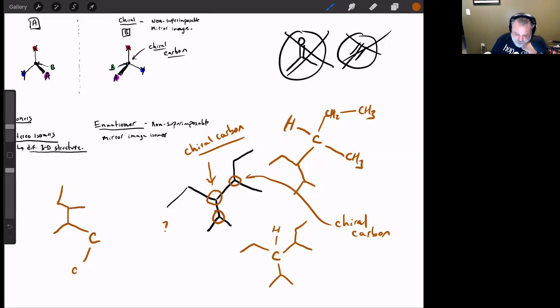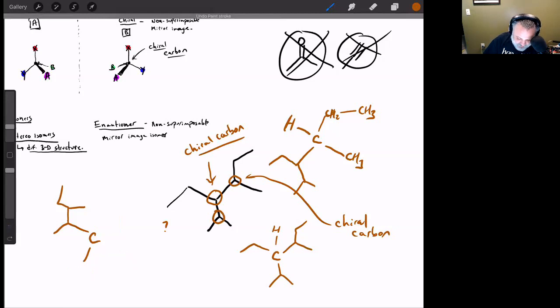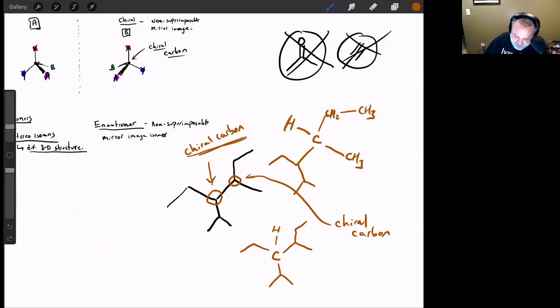It's connected to a methyl group there, a methyl group there, and a hydrogen. That's only three different groups. Because the two methyl groups are identical, turns out that this carbon is not chiral. So at the end of the day, there are only two different chiral carbons in the molecule, this one and